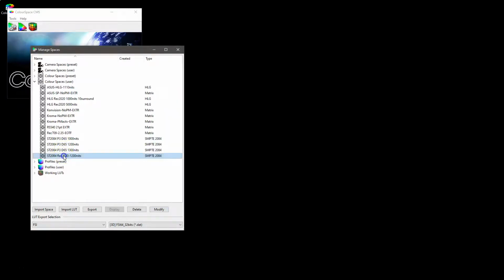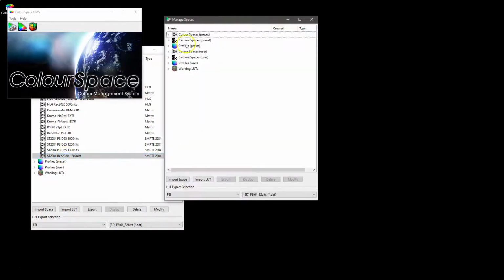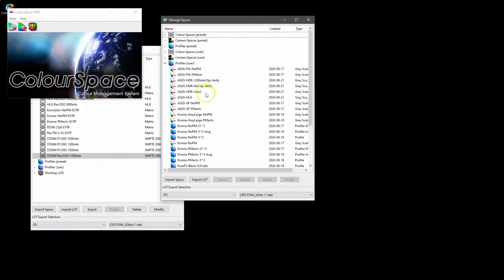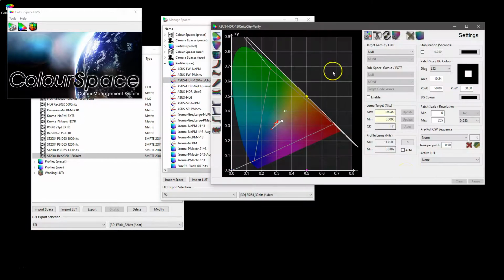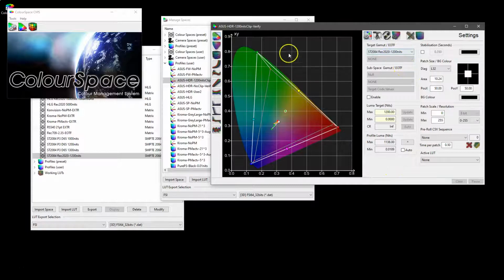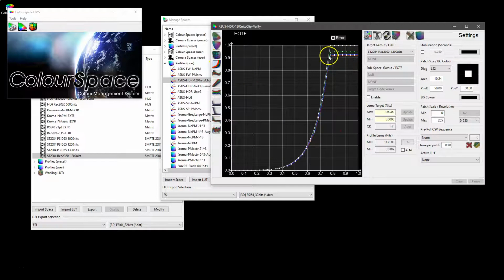As with any profile, once it's saved in the library, it can be used as a reference to compare to any display profile. So we open up a new Managed Spaces library, we'll go into our profiles, and we have here an ASUS 1200 nit verification profile. If we display that, we can compare it against our 1200 nit ColourSpace,